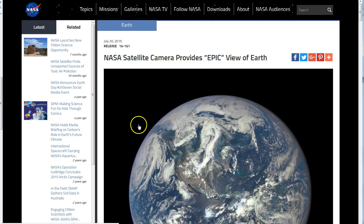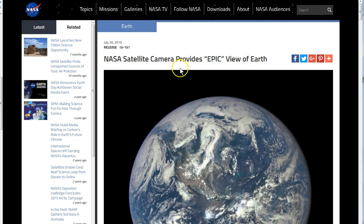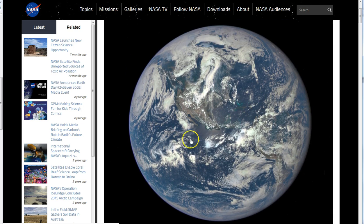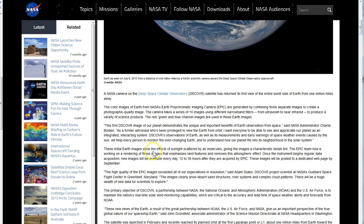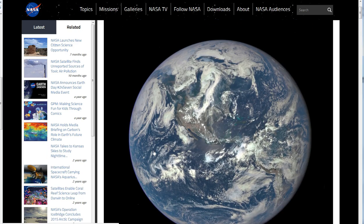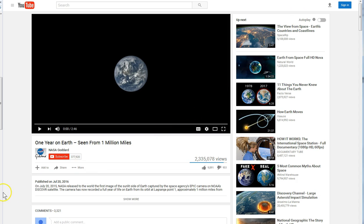This is the section of NASA he's talking about. This epic NASA satellite camera provides epic view of Earth, and it shows you the perfectly round ball and goes through all the wonderful, magnificent things this $17 billion, whatever it is, telescope can do. All right. So you got the video. I'm just going to play it for a second here. Just listen to it for